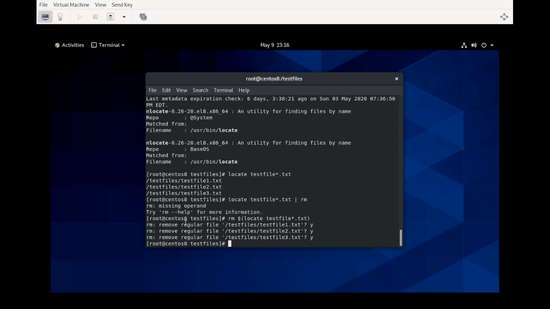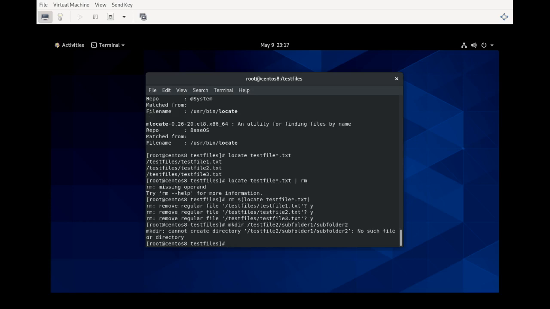So let's say that we wanted to make this path here. So mkdir, we're going to put testfile2/subfolder1/subfolder2. And this is going to error out because testfile2/subfolder1 does not exist. Therefore, it's not going to be possible to make the subfolder2 directory. But if we were to do mkdir -p,